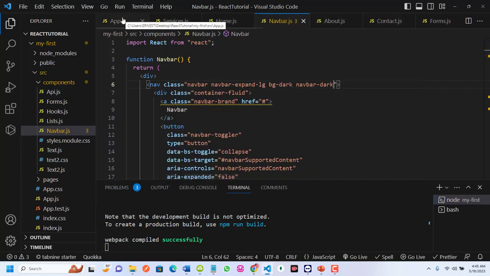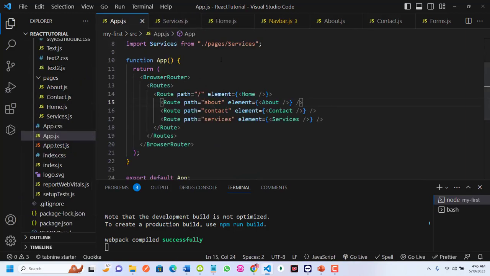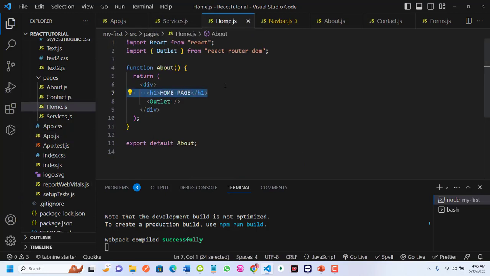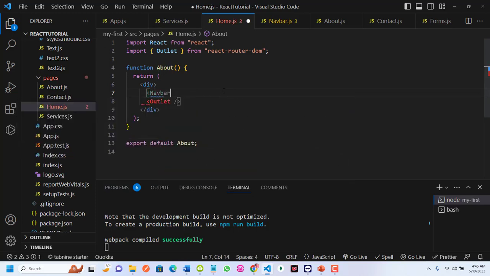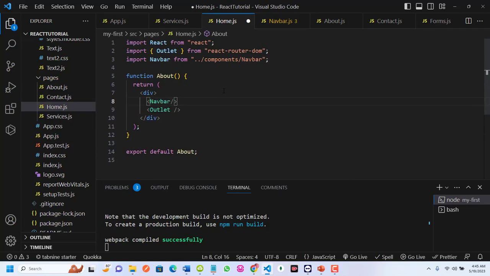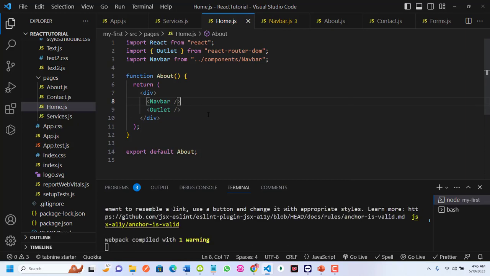So I'll go to my home page, which is the parent. Remember that our home is the parent route. So I'll go to the home here. Where I have this h1, I'll replace this h1 with the navbar component I created. So I'll replace that. Now when I save this, expectedly the navbar should show for all